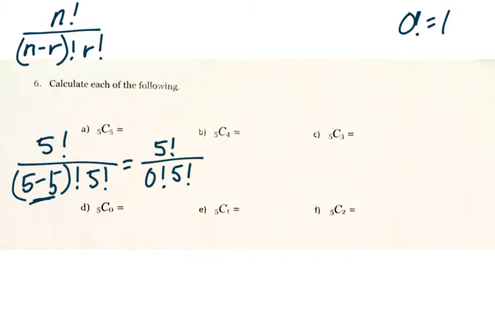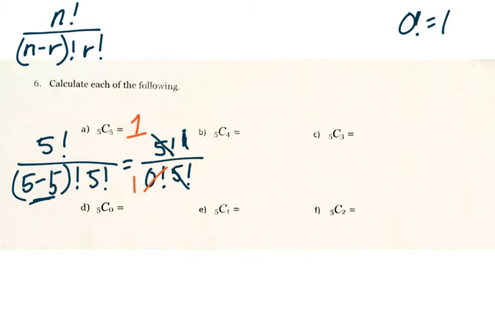5 factorial divided by 5 factorial is just equal to 1. And 0 factorial is equal to 1. So we get 1 over 1. There's one way to do 5 choose 5, because if the order doesn't matter and you're choosing all of the objects, then there's really one way to do